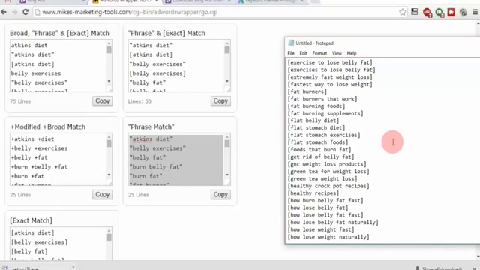What you then want to do is just start bidding a little bit more. Set your max cost per click to maybe